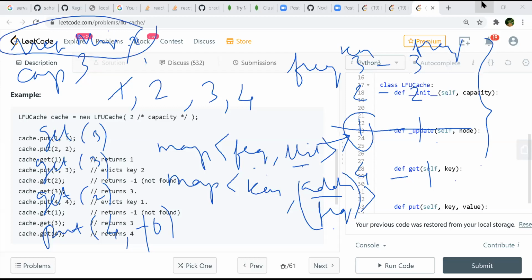No, but for example, you have one element with one frequency. You remove that, and you need to remove that. Then the next frequency may not be 2. It could be some 10 or 15 or something like that. Yeah, that's a good question. Then Minheap will take care. Maybe a min heap with only frequencies can give us a minimum frequency.